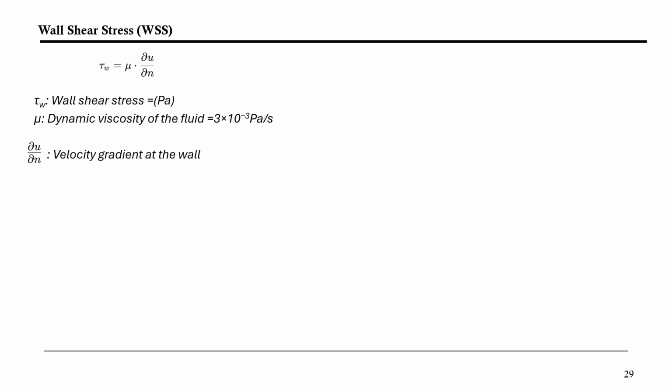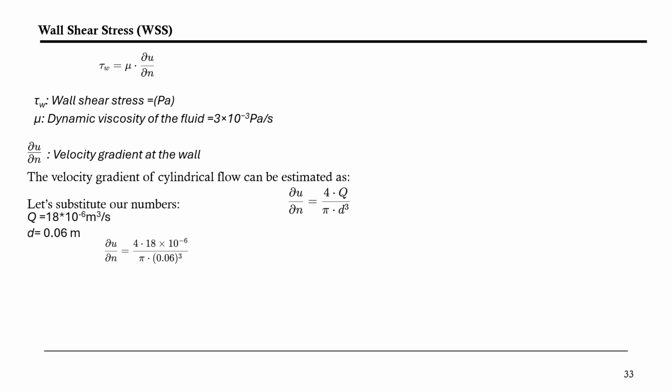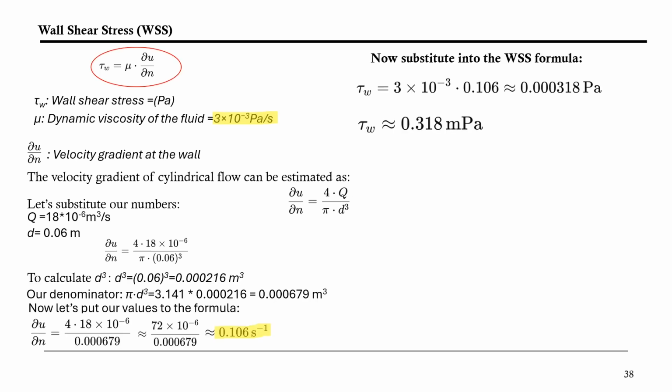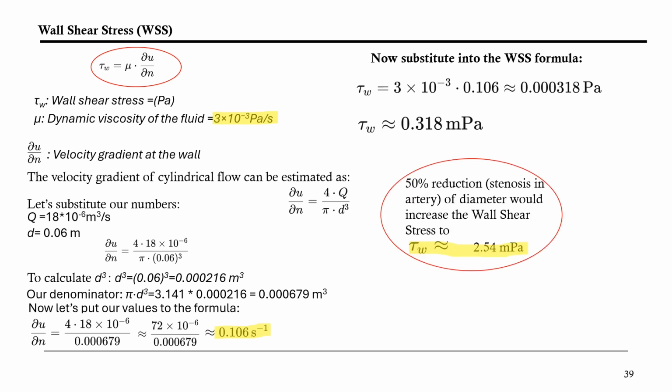The equation is wall shear stress equals the dynamic viscosity of the fluid times the velocity gradient at the wall. Now, to calculate the velocity gradient of a cylindrical flow, we can estimate that the velocity gradient equals 4 times Q, which is the rate of flow, over pi times the diameter cubed. So we're going to substitute our numbers and we get our answer that the wall shear stress equals 0.318